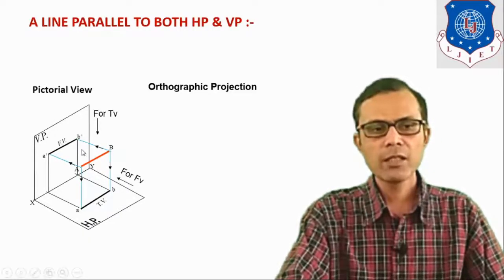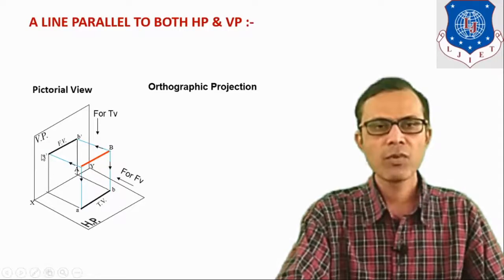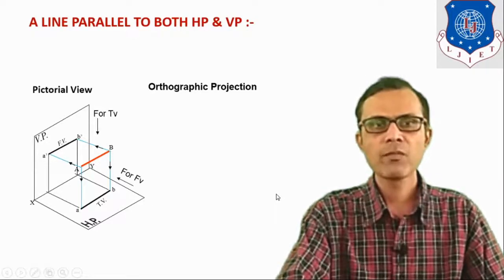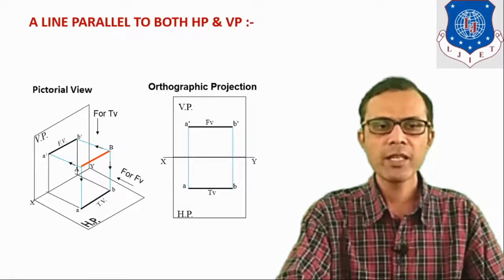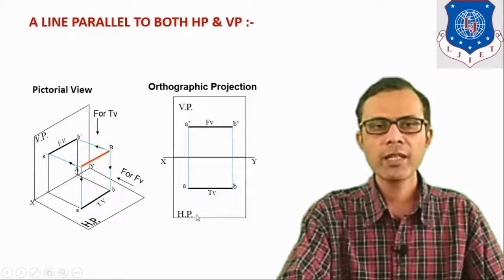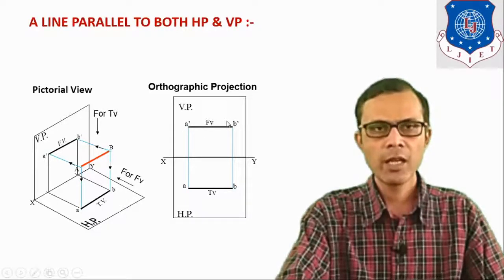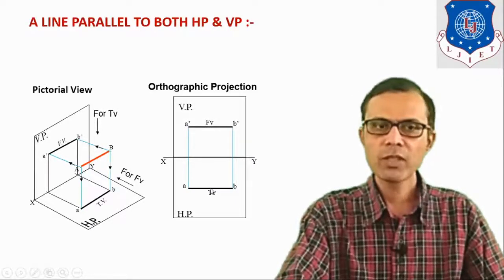Now from the XY line distance, this AB line is above HP, so that much similar distance is here. For front view it is above HP and it is in front of VP, so that similar distance is here, it is in front of VP. For orthographic projection, HP is rotated in clockwise direction by 90 degrees, so VP, and below that is HP. This line is the XY reference line. Above the XY line, this distance is above HP. It shows A dash B dash. It is the front view for the given line, and it is AB, the top view for the given line.